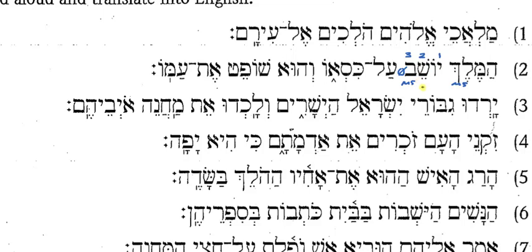So which participle use might this be? Could it be attributive here? Nope, because it has to agree in all 3 ways if it's attributive: gender, number, and definiteness. Here it's just gender and number, but not definiteness. So it's very likely a predicate use, right? So what am I going to insert here between melech and yoshev? Is. And it could be was, depending on the context, right? The king is or was yoshev. What's yashav mean? To sit or to dwell. So you have to read more to know whether it's sitting or dwelling.